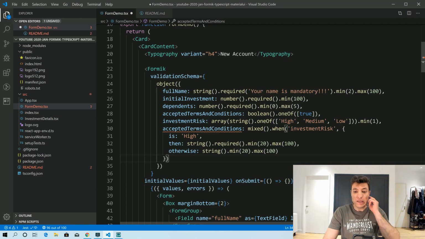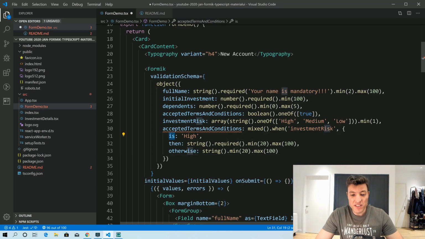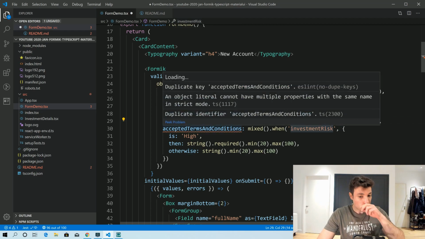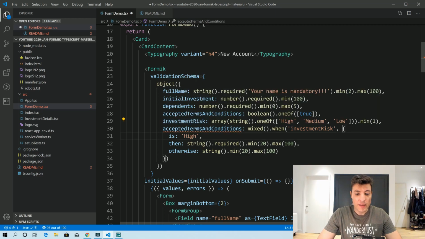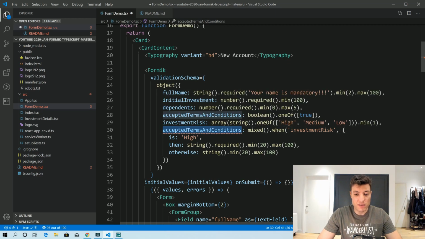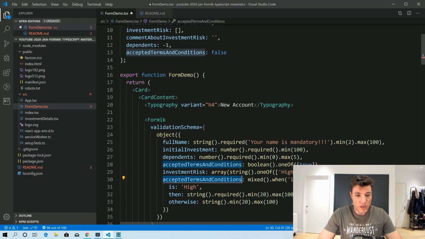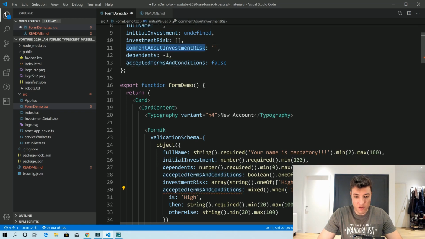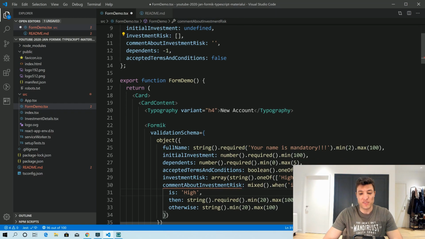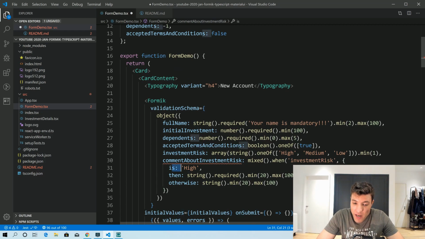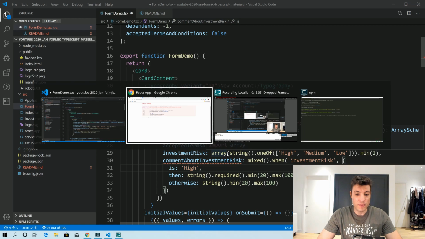No, actually, it isn't fine, because this is will receive the value of that investment risk. And the value of that investment risk, and yes, VS Code is right, we are copying the wrong one, so it was already a replicated field. And what we are going to receive here will be an array of the options selected. For example,